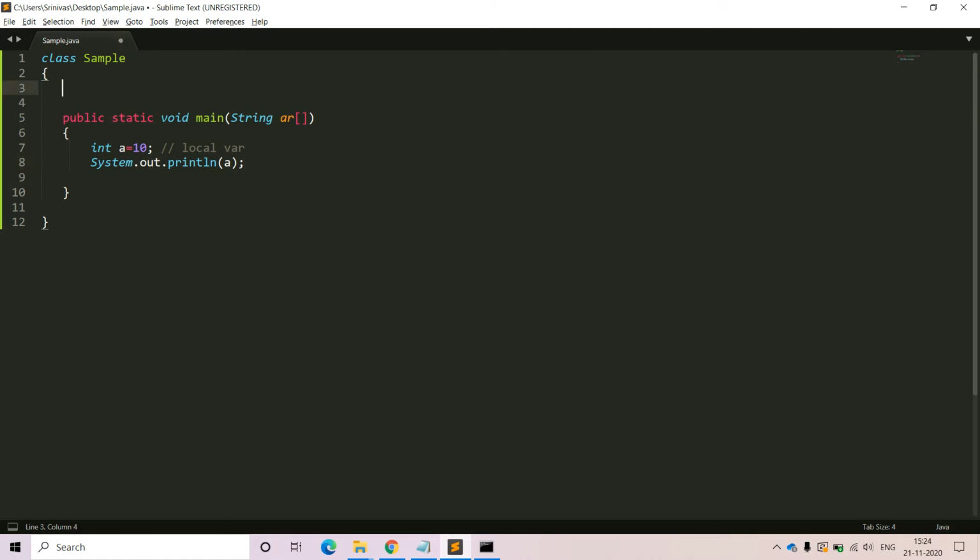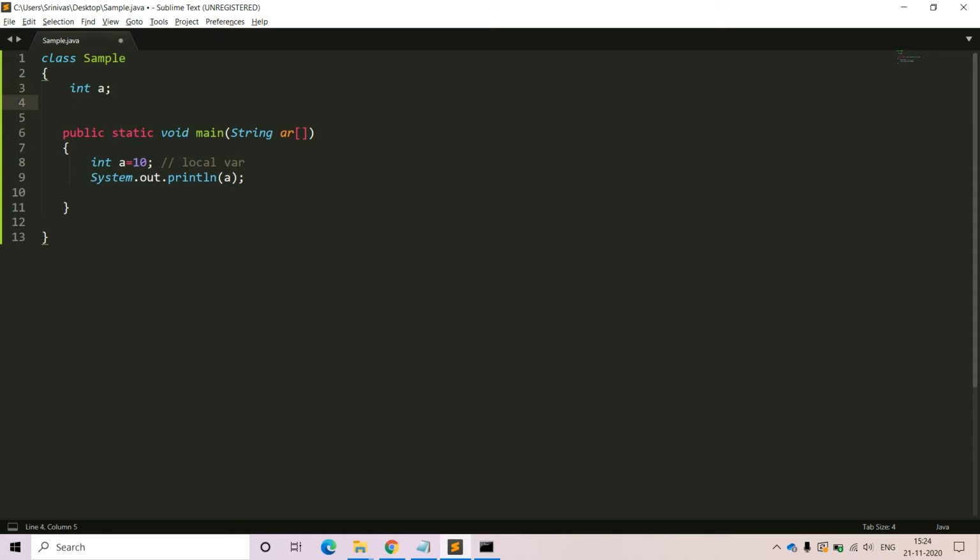For example, in the class level context, int a is an instance variable. Without assigning the value also, there is no problem. If you are going to print that a variable, we are going to get 0. Why? Because the data type of the a variable is integer and the default value for the integer is 0. That's why without assigning the value for the instance variable, we are going to get the default value of the data type that is associated with it. As well as for the static variable also,